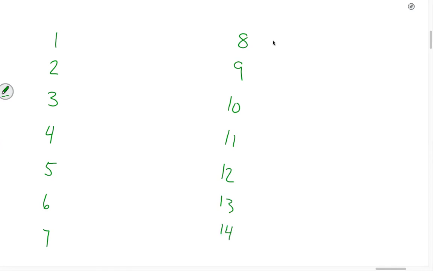And here we go. So let's start out by writing our numbers 1, 2, 3, 4, 5, 6, 7, and then you guys keep continuing down. 8, 9, 10, 11, 12, 13, 14, and I'll go to 15. I can keep going, but I'm not really going to do it because you'll get the point. Now, this column here, let me write it a different color for you. This column we're going to call perfect